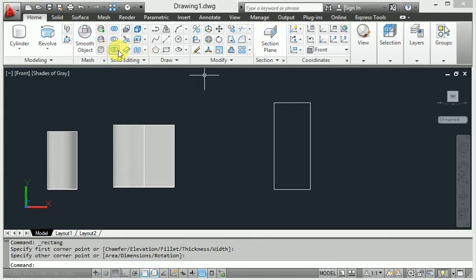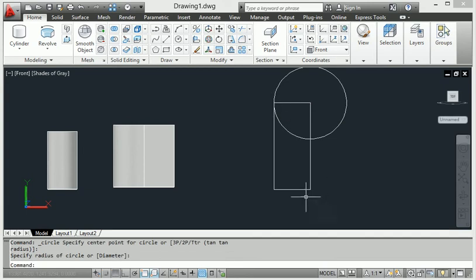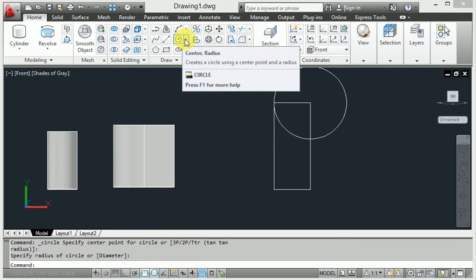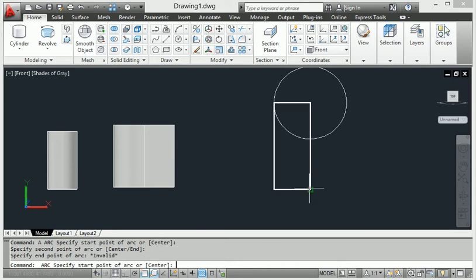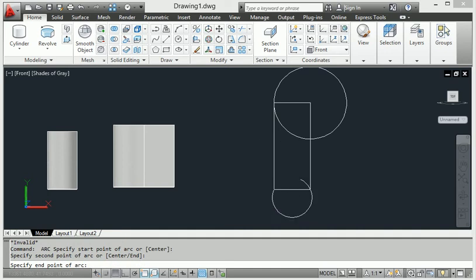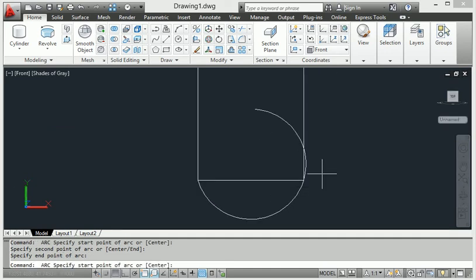When I make a circle here, this one is a circle right now, and this one I make a curve again here. This is any curve, apply the arc. When I type A, enter, and apply the arc here, look at this one, I create the arc. It makes the arc here.